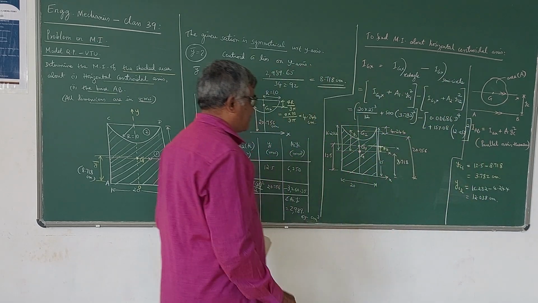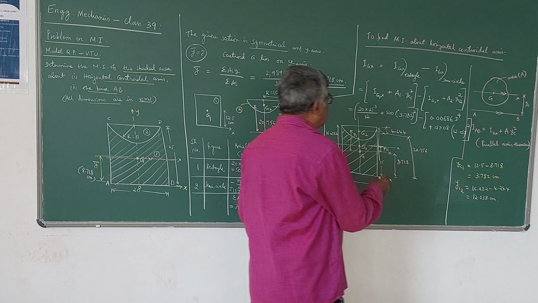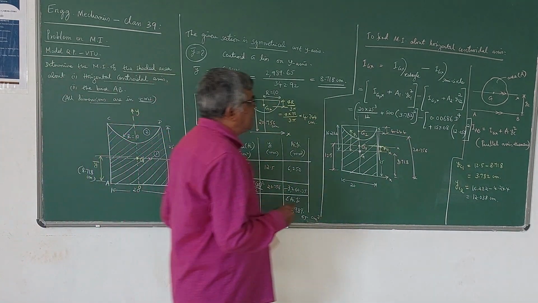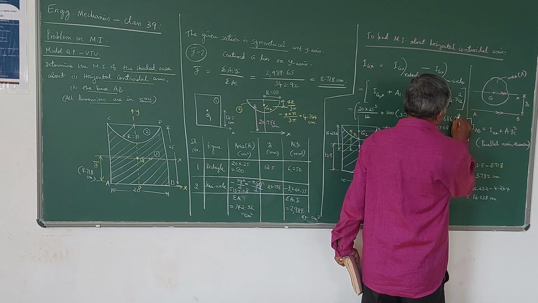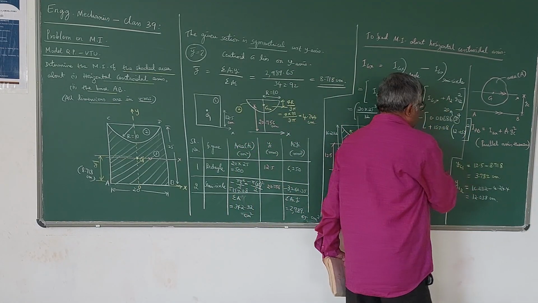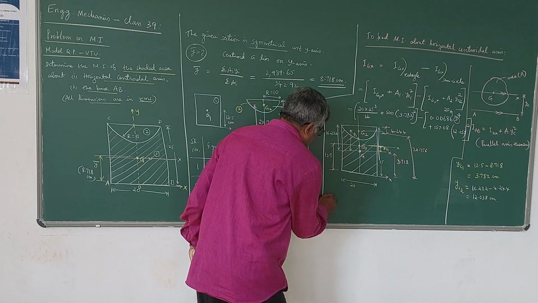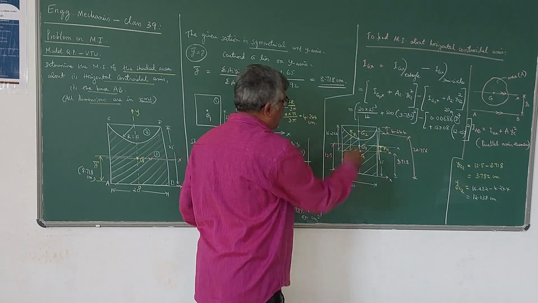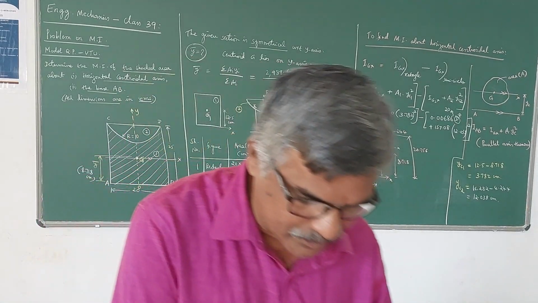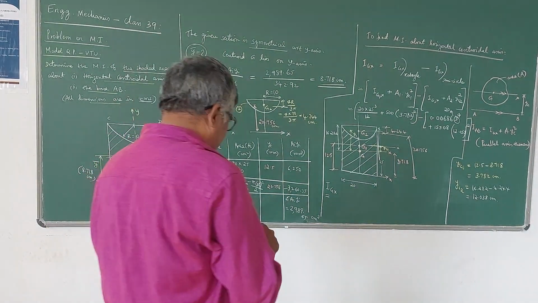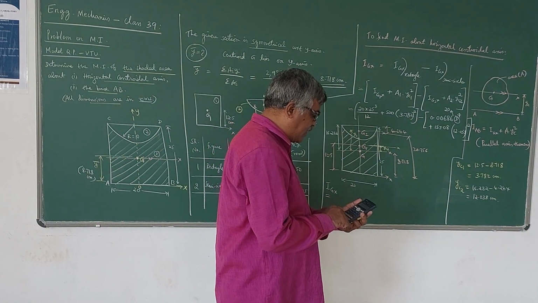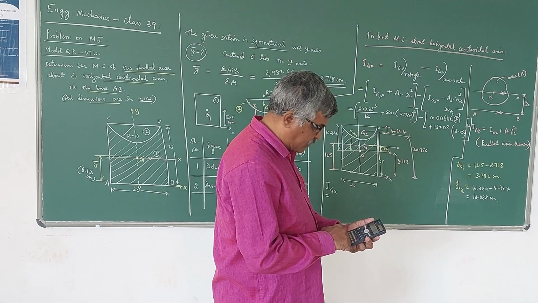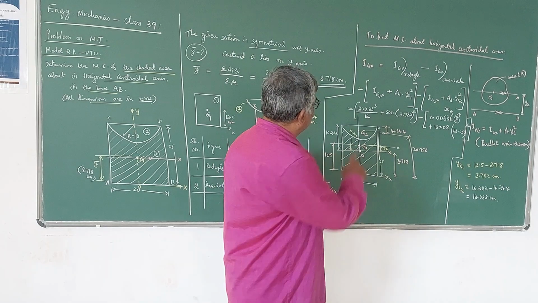Now we have to simplify this. We have to substitute for d, the diameter. Please note that r is 10, therefore d is 20. So we take d as 20 centimeters and simplify. Now let us simplify that. Your Igx will be, for the first part, 20 into 25 cube divided by 12, plus